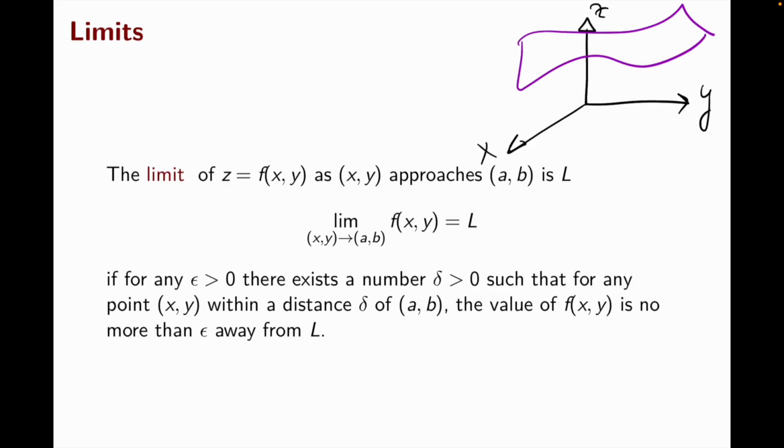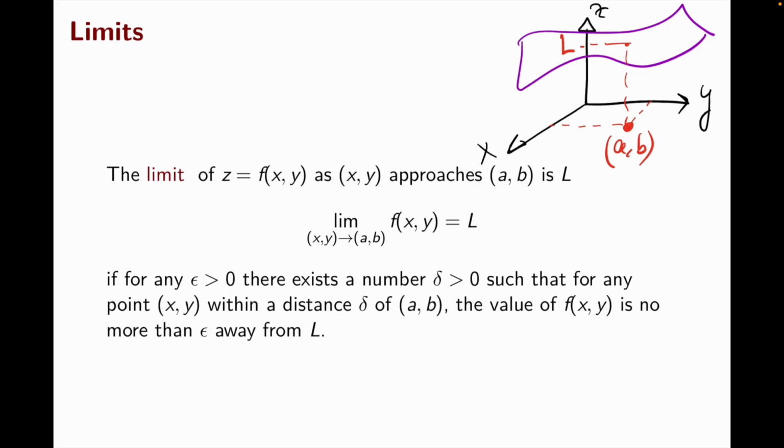What we are saying here, to calculate the limit when x, y approaches a certain point (a, b), so let's say that this is here the point (a, b), is that in order for this limit to actually be L, what has to happen is that